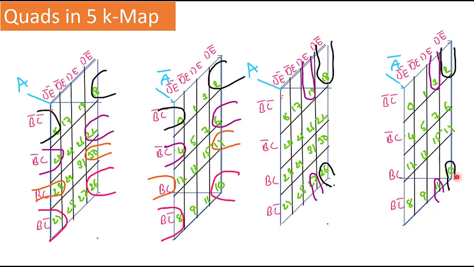Same thing with the other two in both the cells, the other way. And you can also have a quad from this cell, these two cells and these two cells. In this case, if you look here, your A is getting complemented to A bar, that means you are going to eliminate A. And if you look here, this is B bar C bar, this is B C bar, that means your B bar is getting complemented to B. You are going to get an expression of D bar E bar C bar as the final expression for this particular quad. That means you are removing two literals from the